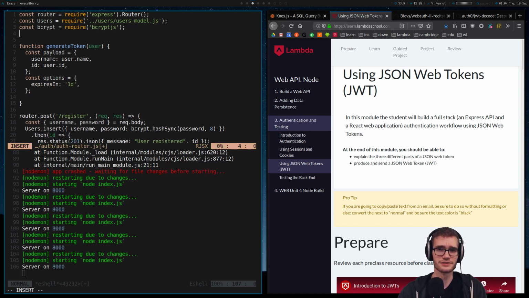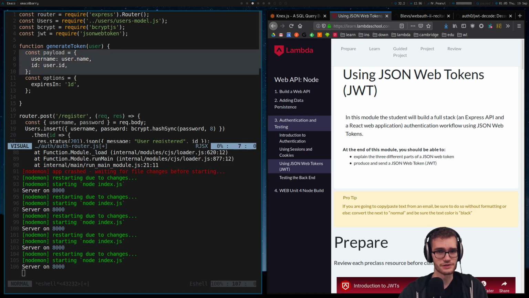Now we're going to need to require our JSON Web Token library. So require, typing is hard, require JSON Web Token. And this is going to perform the complicated operation of representing the JSON Web Token in that base64 encoded string that contains 3 parts. Contains information about the token, the algorithm used to generate it and such. Our payload, which is going to be the information that we want to store along with that token. And then also the